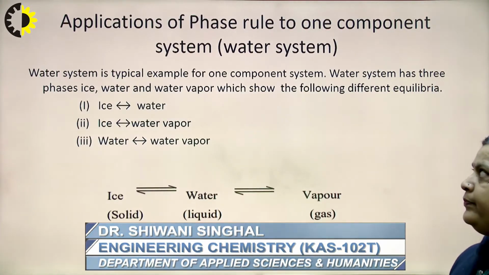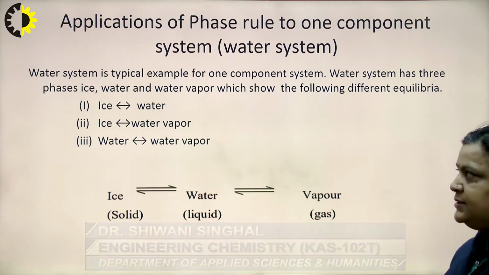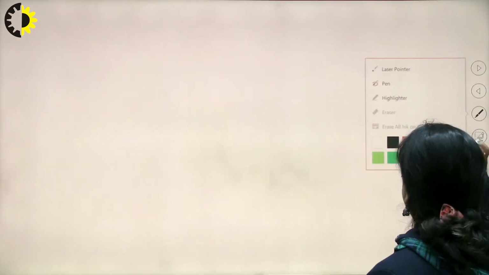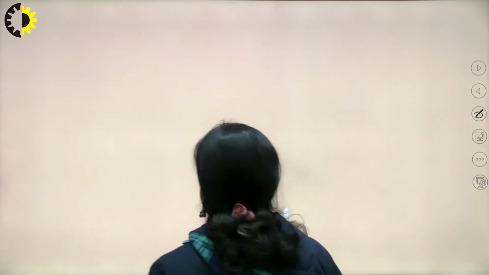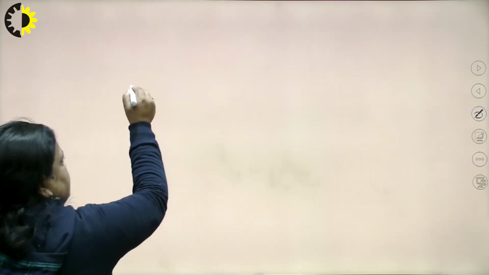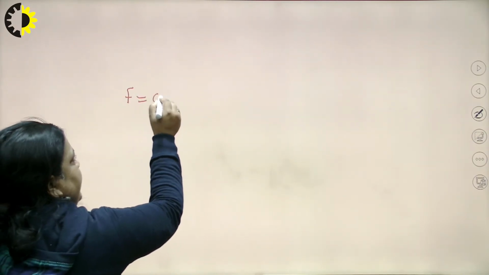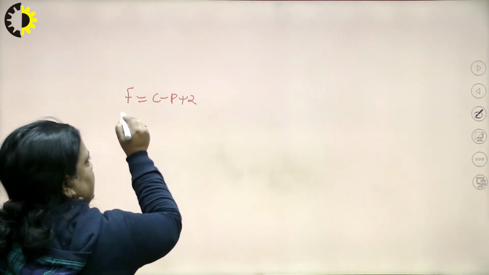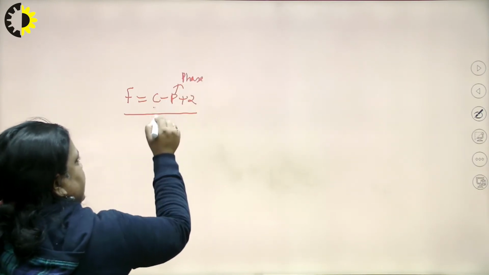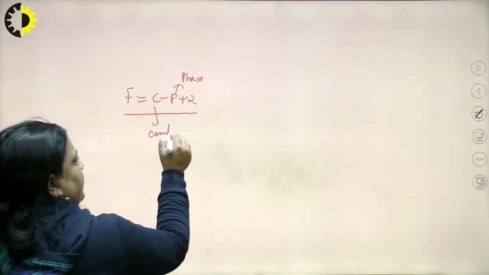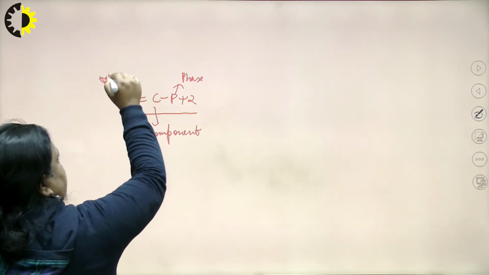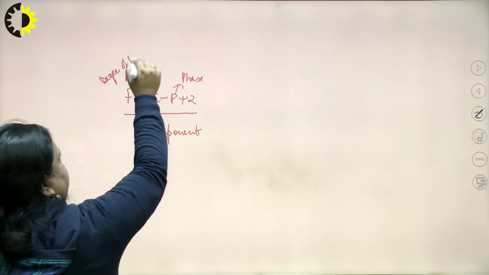So, application of phase rule to a one component system. Before the application, let us remember what the phase rule is, or what we discussed in the previous lecture. It is F = C - P + 2, where P is phases, C is components, and F is degree of freedom. Okay. So, in case of the water system,